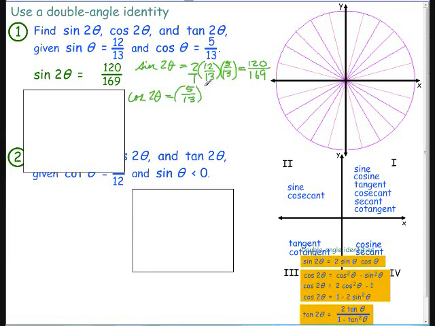This is my single theta, and I'm going to square it, plus sine of single theta squared, and that's going to equal 25 over 169 plus 144 over 169, which will equal